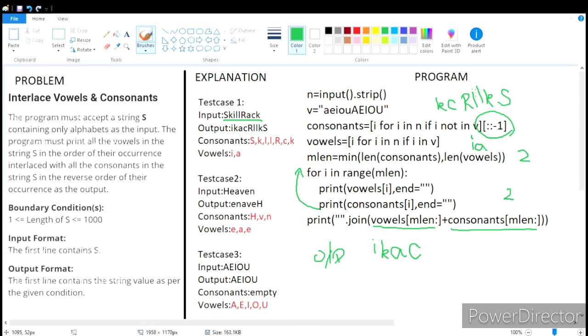So after the second index, that is from R to S, everything is printed over here in this print statement. That is R, L, L, K and S.